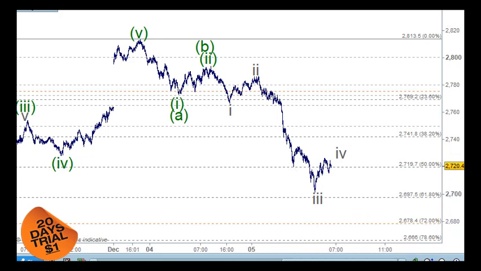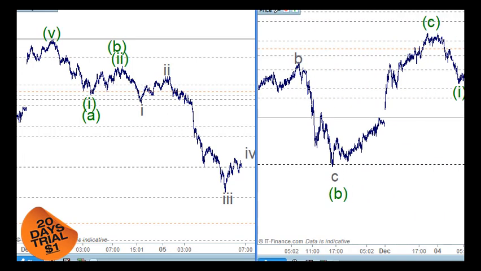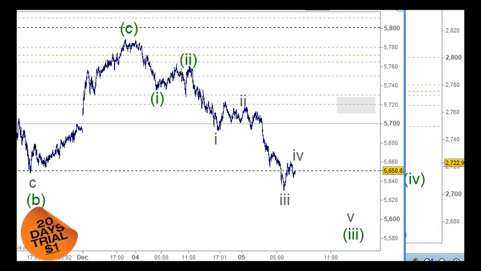So if I put the ASX 200 in the same pattern with this market, then just bringing that across here, this is how it would be counted. Instead of having those 5 waves down, as I just mentioned, like 1 and 2 and 3 and 4 and 5, which could be possible, this one here would be wave 1 and 2 here, and then wave 1 and 2 and 3 here, and 4 here. That would pull back up to roughly the 4th wave of 1 lesser degree, but it'll be under pressure. And then down for wave 5 here.